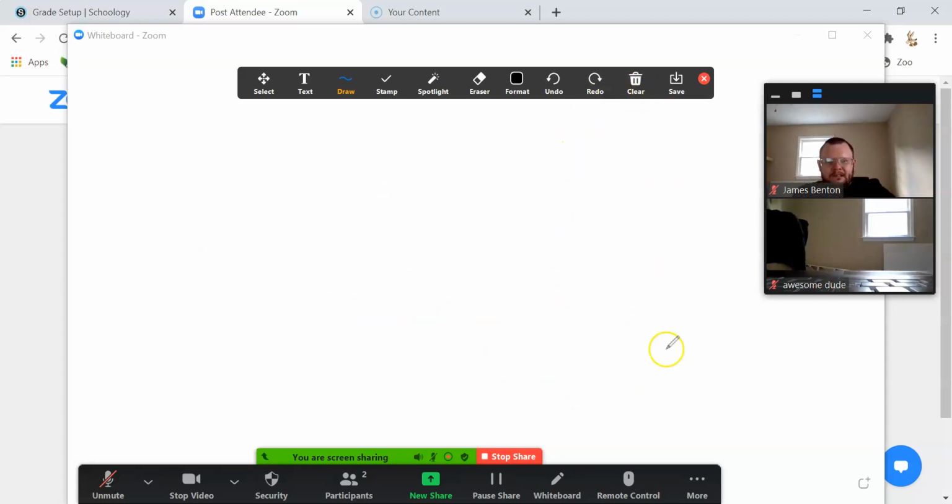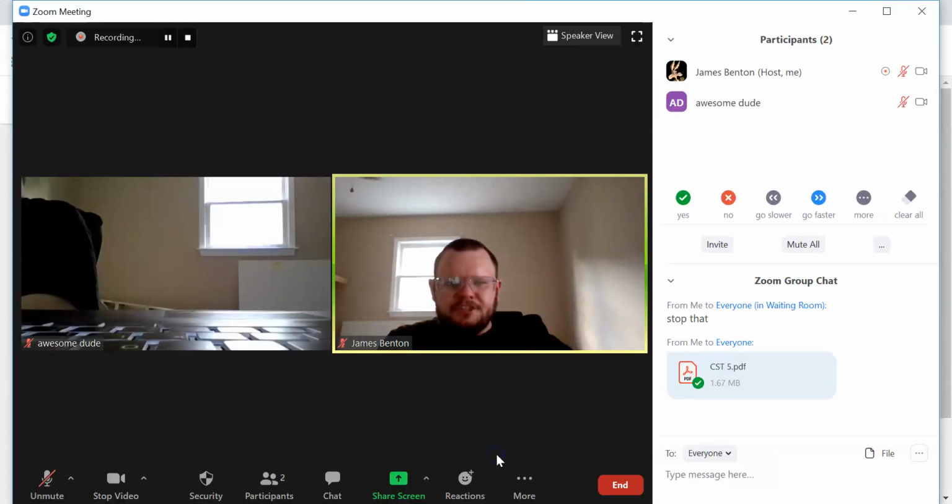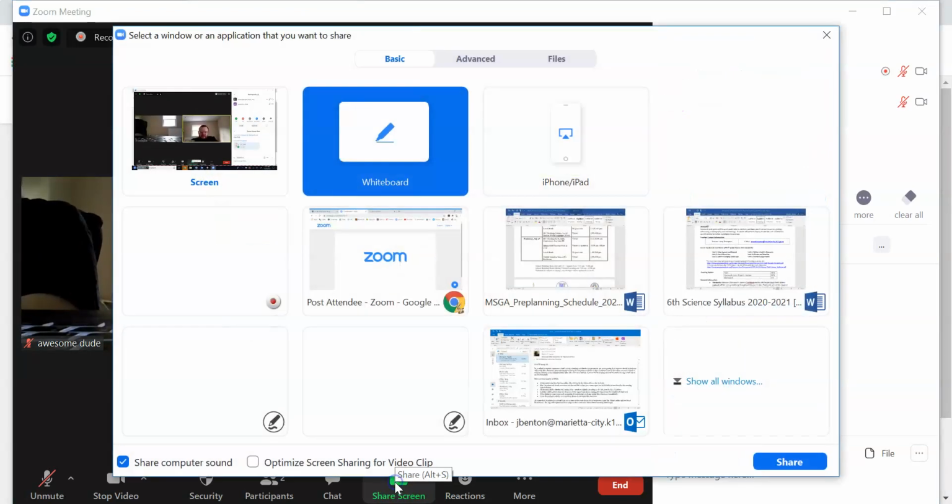When I'm ready to end the whiteboard in the screen share, that just toggles on and off the options. In case I click the X, I can turn it back on. When I'm ready to stop the share, I click stop share, and it takes me back out to my normal screen. Now, something to notice,